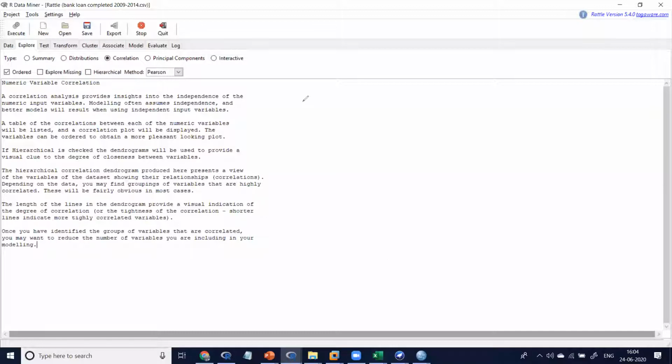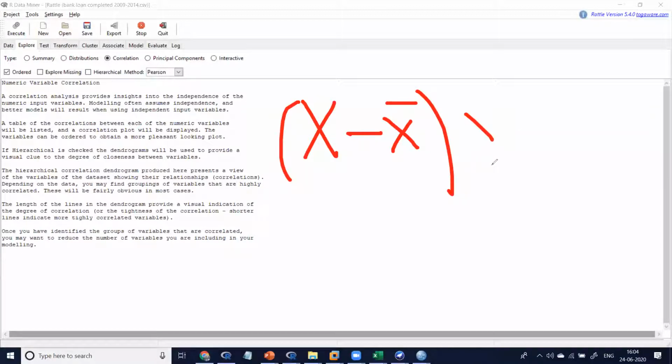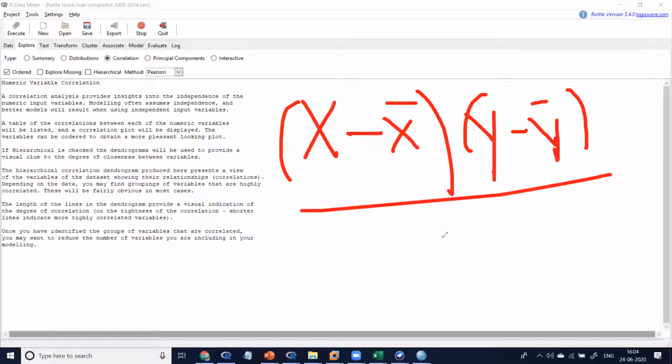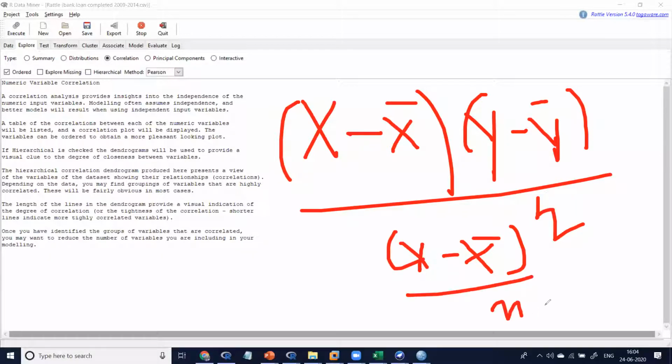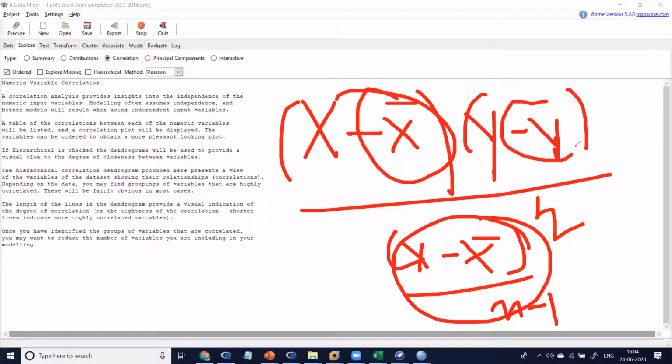Please, technical person. Okay. X minus X bar, Y minus Y bar, divided by X minus X bar whole square, by N minus 1. This is the deviation. This is the mean, the average of the mean. Again, the story is starting from here.